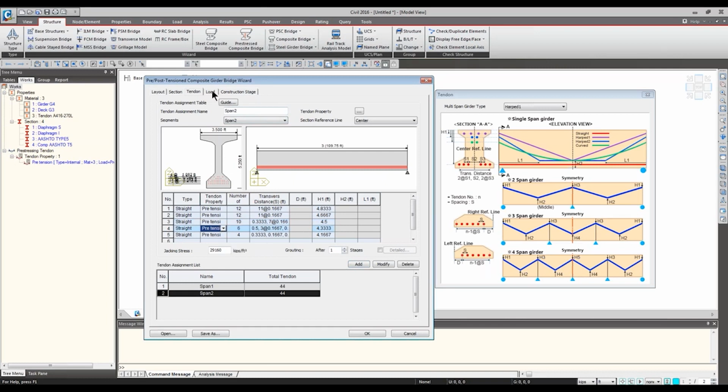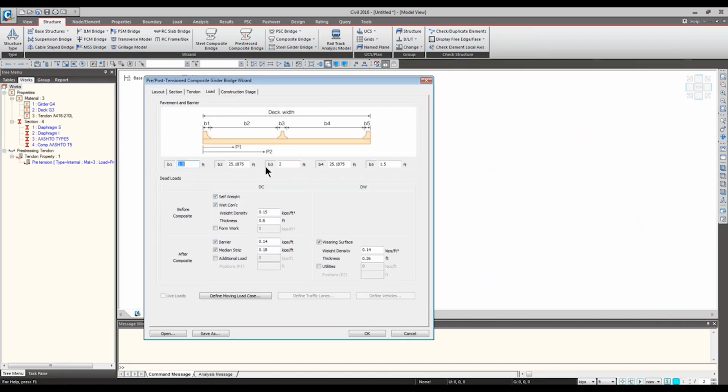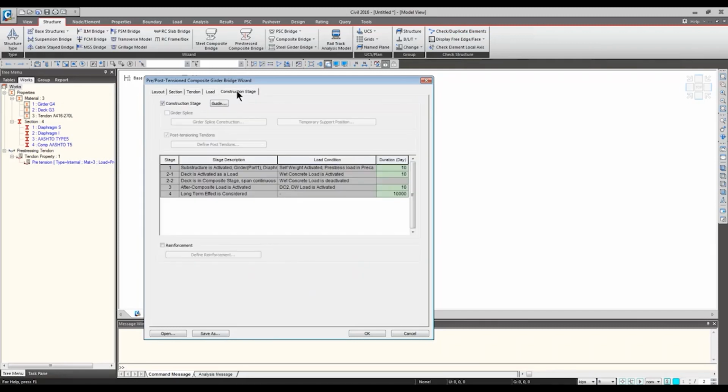And moving on to the loading portion, it's actually really the same as something that you've always seen in Midas. The conventional dead load and the after composite loadings can be defined very simply by just checking on the option you have to consider. And the loading case type, whether it is applied in the before composite state or after composite state, those types of considerations will be done automatically according to the wizard. It's really straightforward, so let me skip this portion.